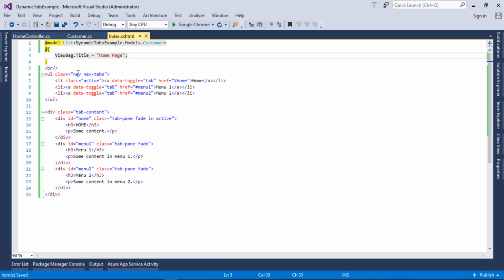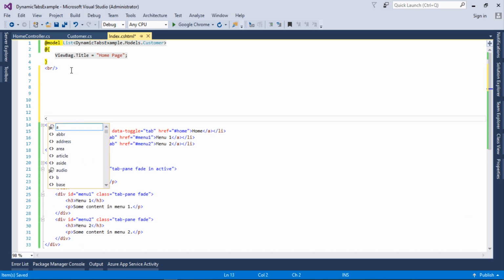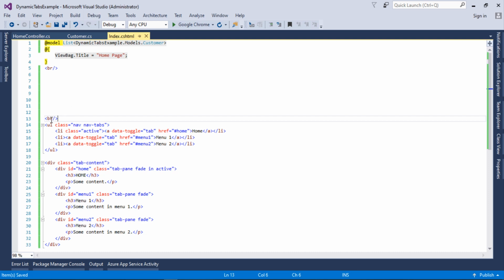And now as you can see we have two different things in the tabs. One is the header and the second is the body. So first of all we need to render the dynamic header, and I'm not changing this example, so let's move it a little bit down and let's add a line break here as well, and let's copy it and add another line break.